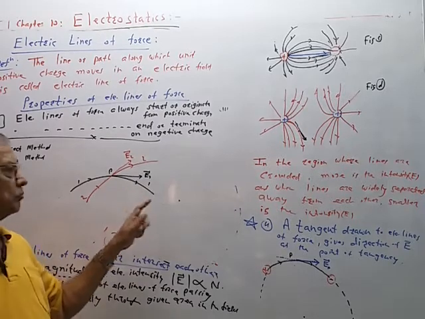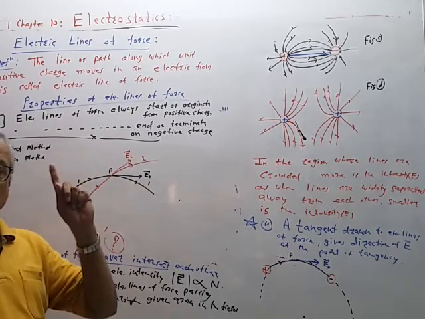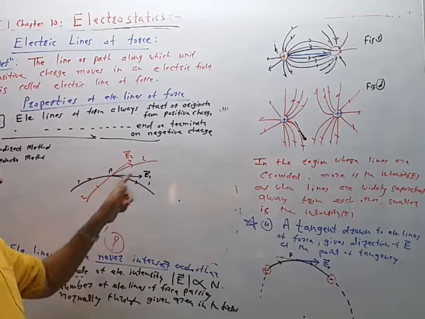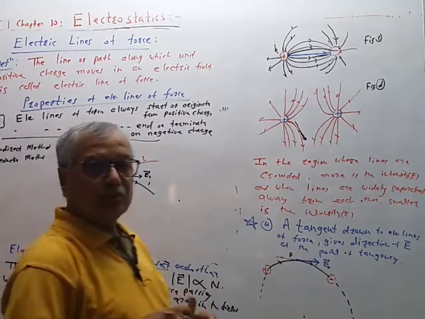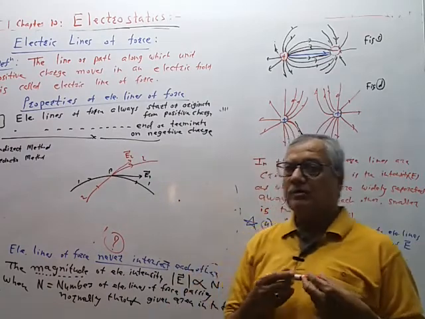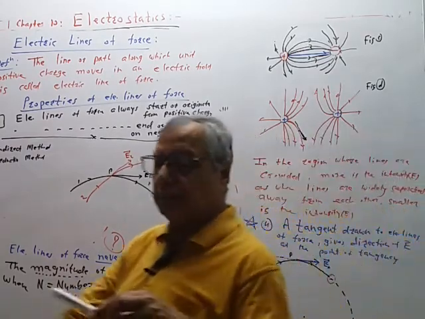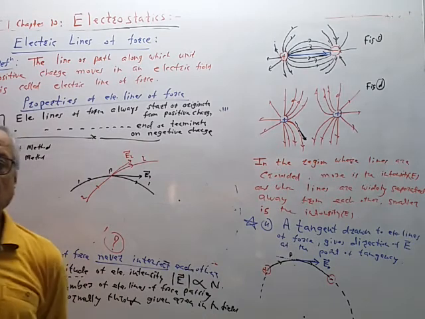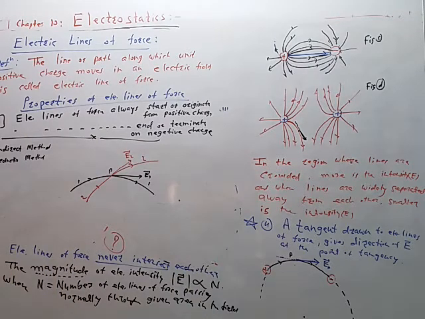So what we observe is that at a given point P, a single point, there are two directions of electric field intensity, one shown by vector E1 and the other shown by vector E2. This is practically not possible. Why? Because in the chapter scalars and vectors, we have seen the basic property of a real vector. If any vector is real, true, then what is its basic property? At a given point, any real vector has only